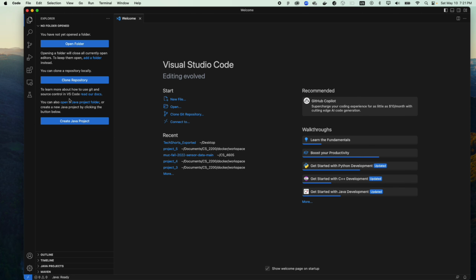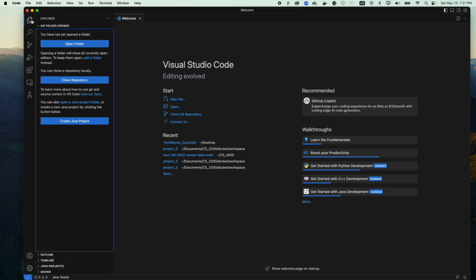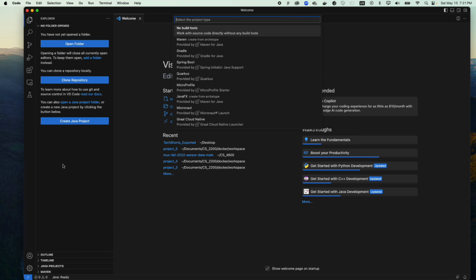So assume that you already have Visual Studio Code downloaded and have the app opened up. What you want to do is go to the Explorer section at the top left and then go to Create Java Project. So Maven will be built under Java. When you click on this, you will find Maven project. Click on Maven,